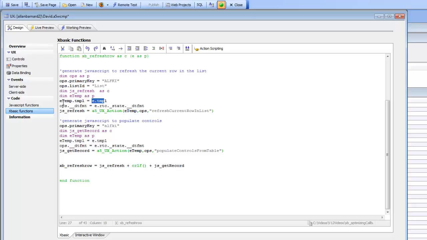And this is generally not going to be needed, excepting if the list control had date values in it, and we need to format those date values. So this xbasic function here is going to return the JavaScript necessary to refresh the current row, and then again we call it, this time using the populate controls from JavaScript